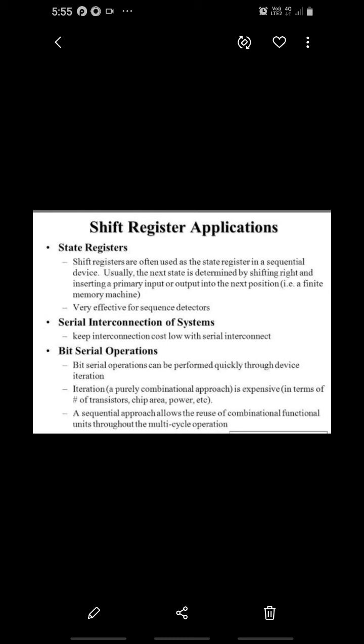It can be used as a memory. Shift registers are commonly used for temporary storage of data within a digital system. Next, it is used as a delay line. A serial in, serial out shift register may be used to introduce time delay, that is delta t, in digital systems, given by delta t equals n times 1 by fc, where n is the number of stages and fc is the clock frequency.